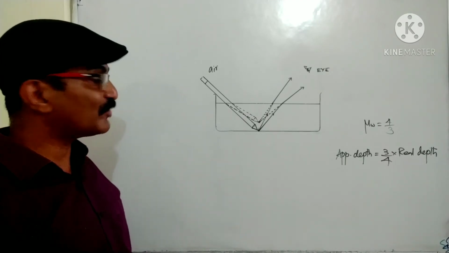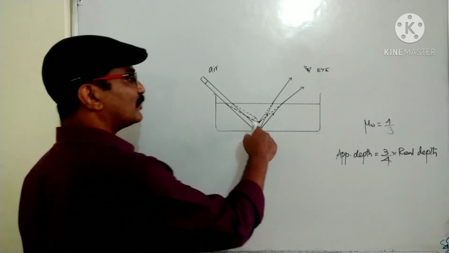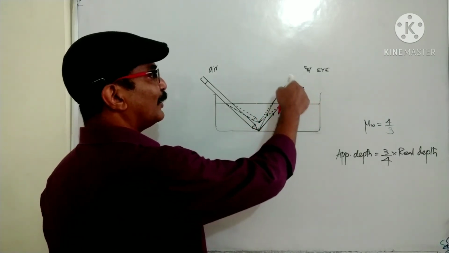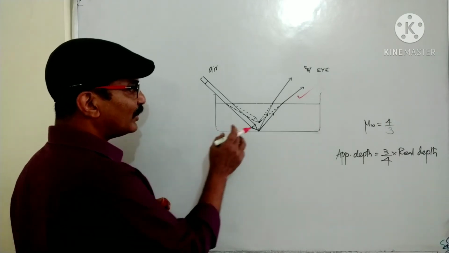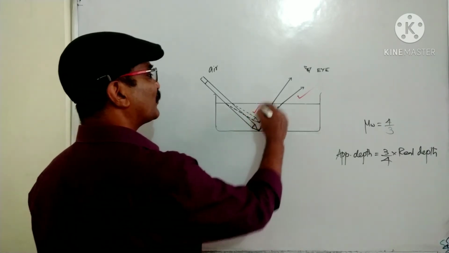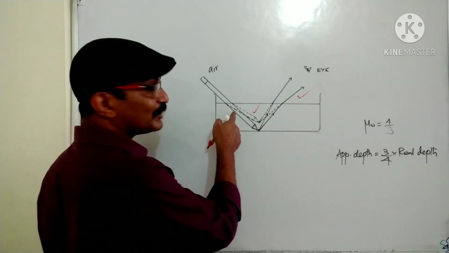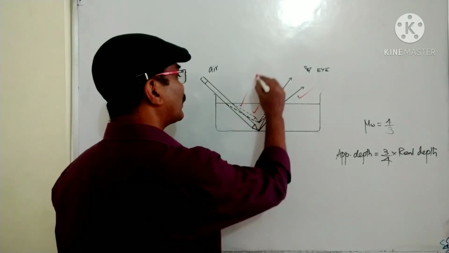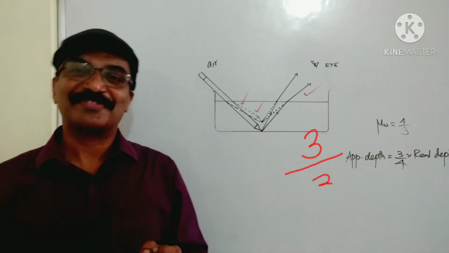Here the examiner may check, as I told you, it is a 3-mark question. First he may check that these rays are there, arrow mark is there. So that part is correct. And the child has shown this bending vertically above, that part is also correct. And the image is a virtual image, so the child has shown this with the broken line, that is also correct. Then 3 out of 3.